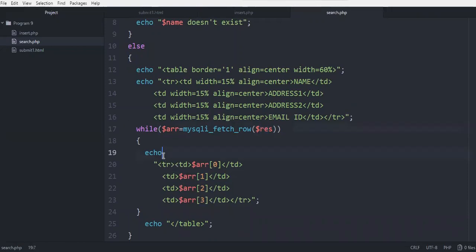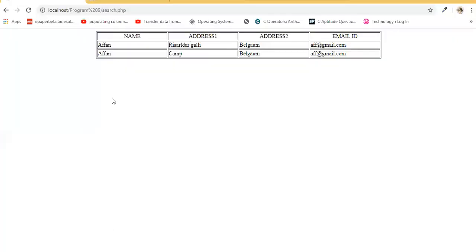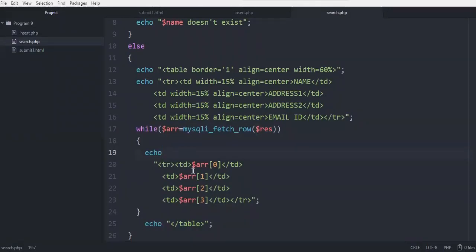Then again I have taken an echo to display output on the screen, and here I have created a row. This is the row that I have created. Inside the row we again require 4 columns. Array of 0, you remember indexed arrays, so array of 0 means the name value is fetched.